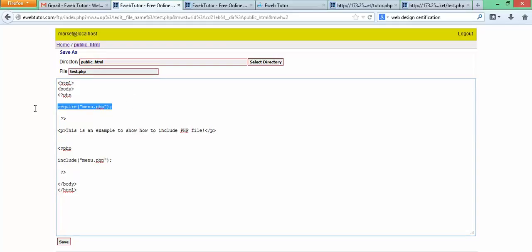Irrespective of whichever one you use, whether you use include or require, I've proved it for you, your file inclusion will still work. So there are two ways to include a file inside another file. The first way is the require, and the second way is the include. So irrespective